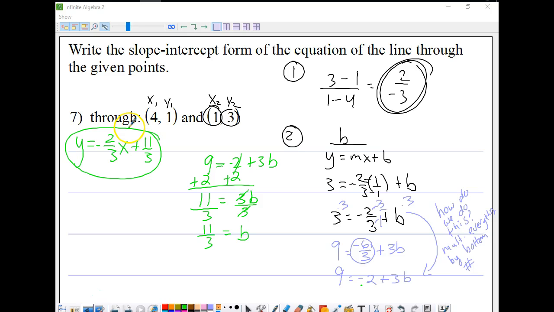That one turned out to be a little more complicated than I was expecting because of the fraction. But the real thing I want you guys to get out of this is that you plug in your y, your m,